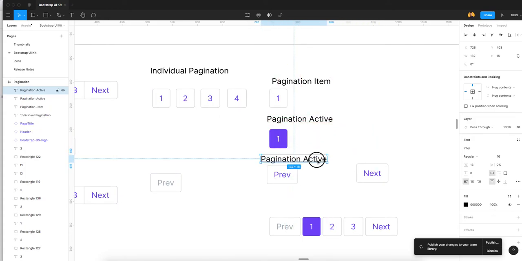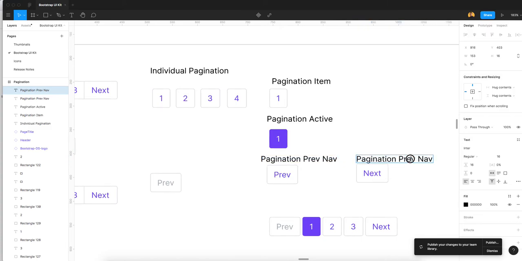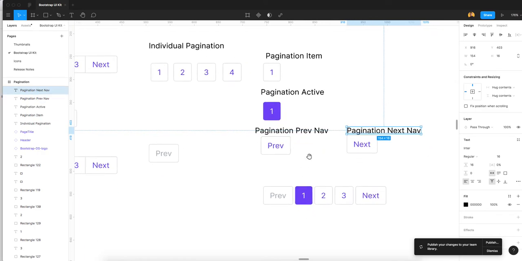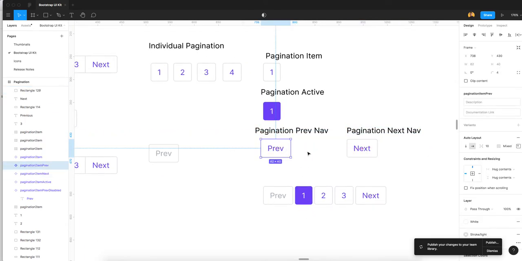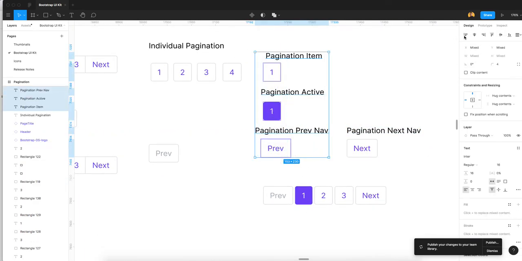So I just duplicate it, and this one is our previous nav, and this one is our next nav. So these are our base elements of pagination.